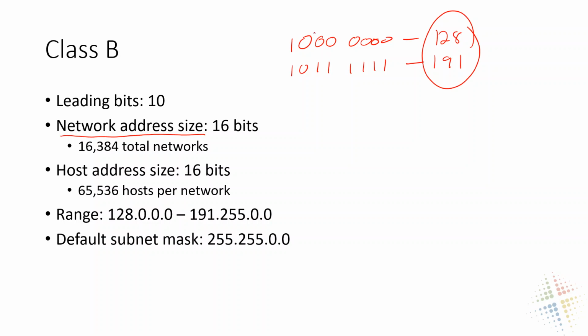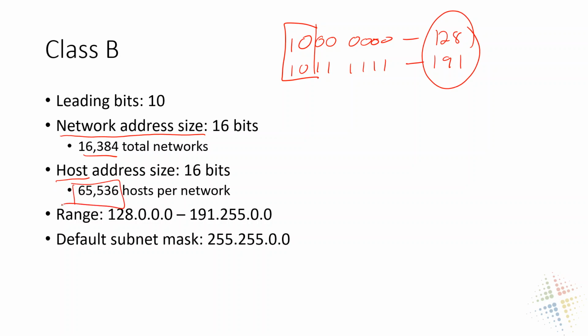If we start off with a 10, it's Class B, and therefore don't just look at the first 8 bits of the address, look at the first 16 bits of the address to figure out which organization it should go to. 16 network address bits gives us 16,384 total networks. And then, because we have 32 bits total in an IPv4 address, if 16 is being used for the network, then 16 is used for host, which gives us